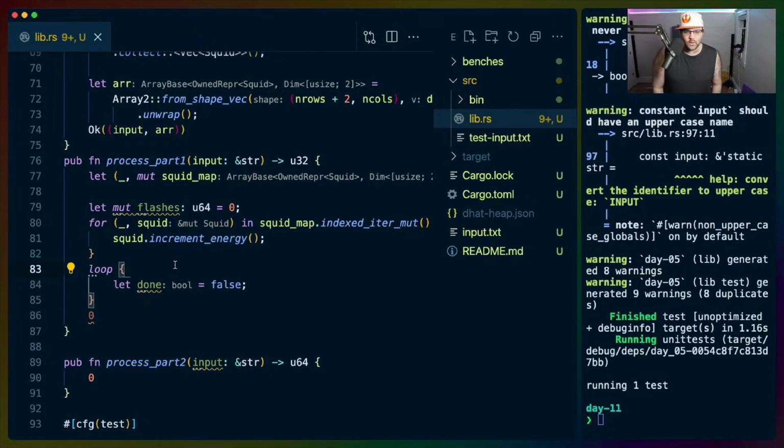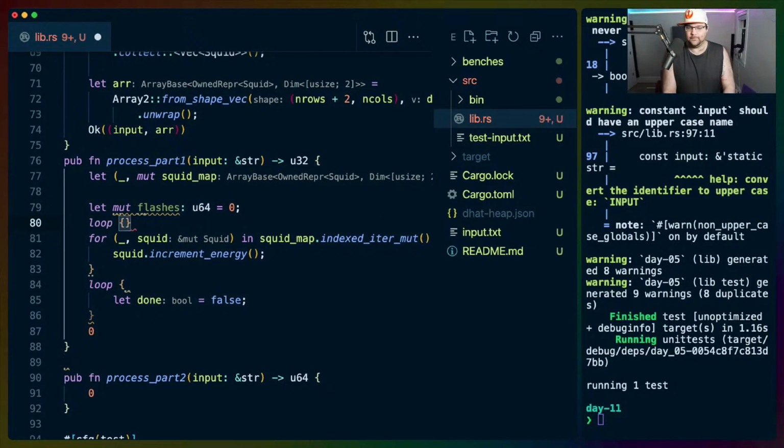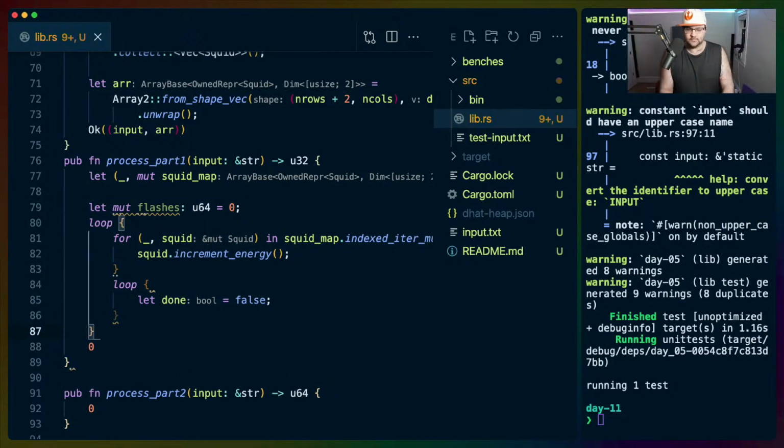So we had the squids, we increment the energy on the squids. This whole thing is going to be a step. So we are going to have to loop over this as well. Right? This is going to be a loop. For, I don't know how long we're going to loop for, but we're going to loop. We're going to iter. And then we need a second loop that goes over all of the squids in a windowed form. So we need to do